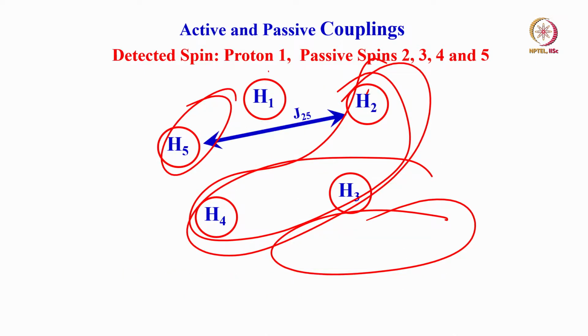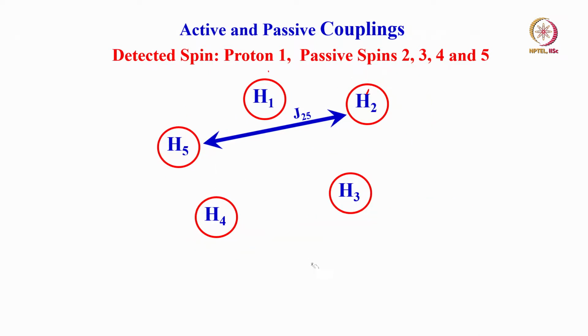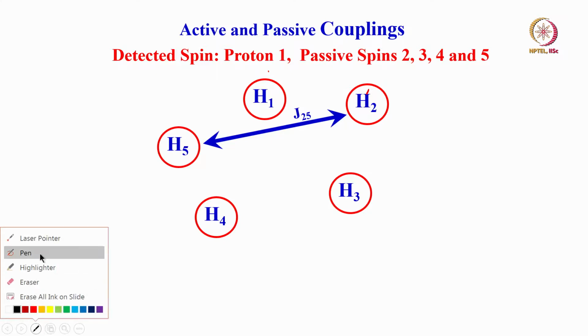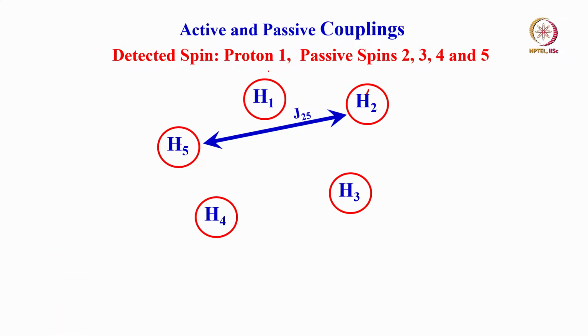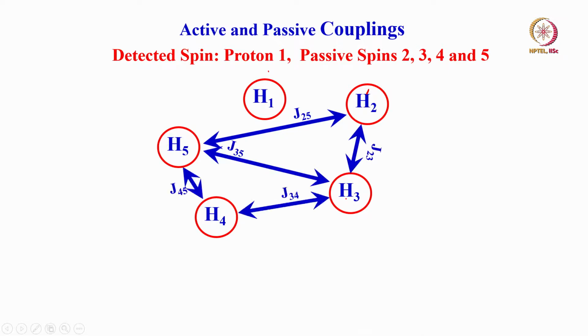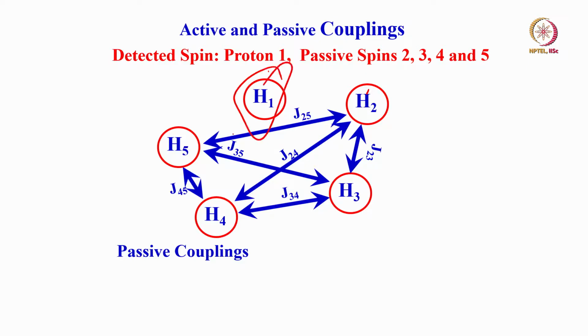Now another thing, what about this coupling? We have to also see other protons which are present here. For example, this coupling is also present. Proton 2 and the others form part of the coupled spin system. This can couple to this, this can couple to this, this can couple to this, all other couplings are present now. These are called passive couplings. This is coupling among the other spins, other than the peak of my interest.